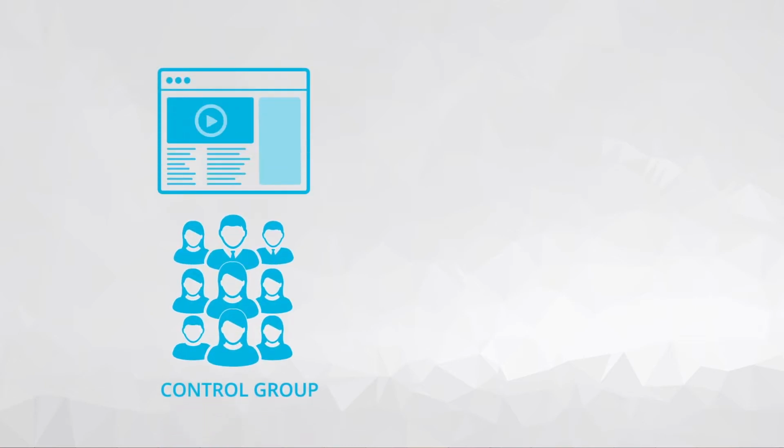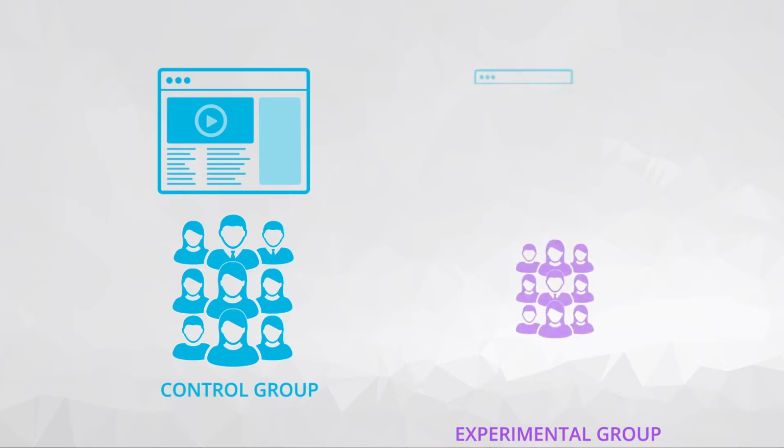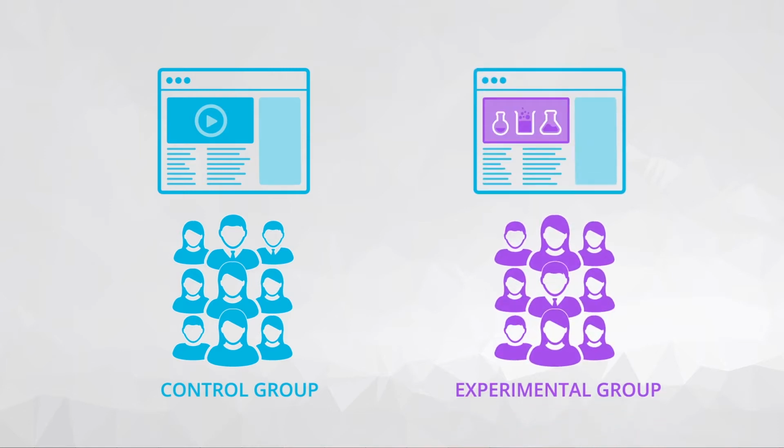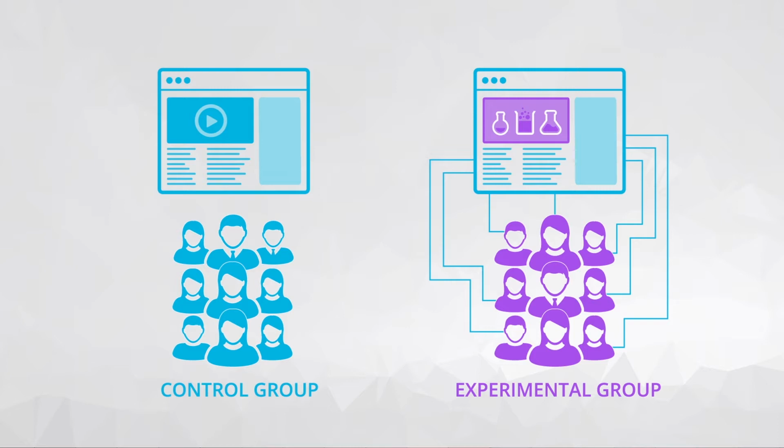When companies want to test new features or versions of a web page, they often use a method called A/B testing. The way this works is that one set of users, called the control group, is shown the old version of a page, while another set of users, called the experiment group, is shown the new version of a page. Based on how both groups respond, we can determine if the new version is better and should be launched.